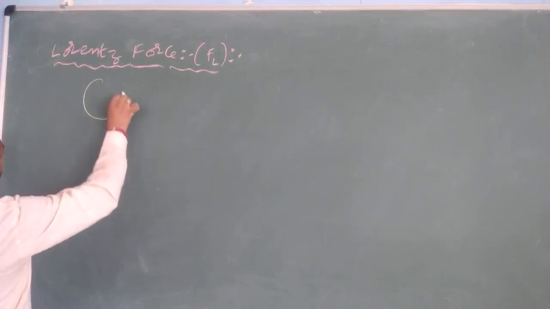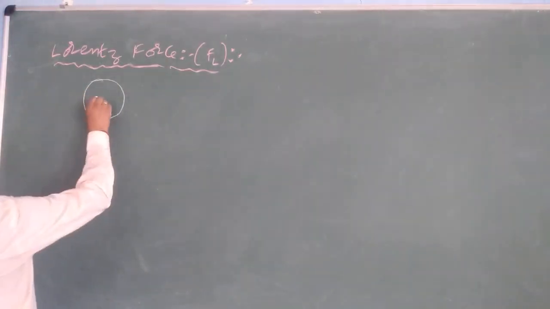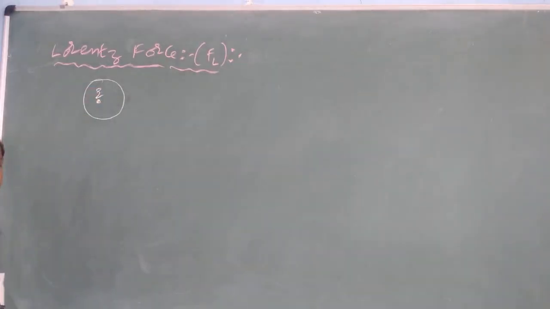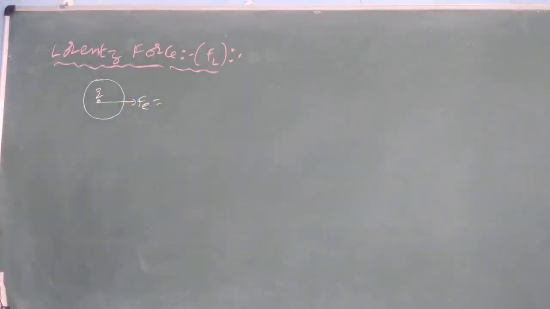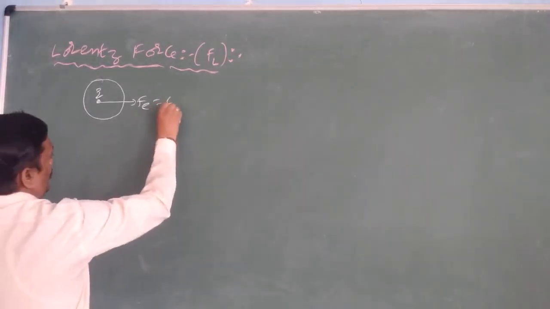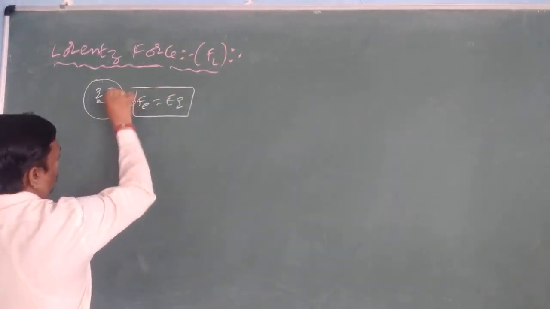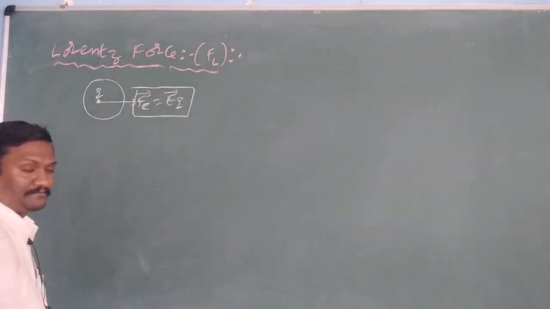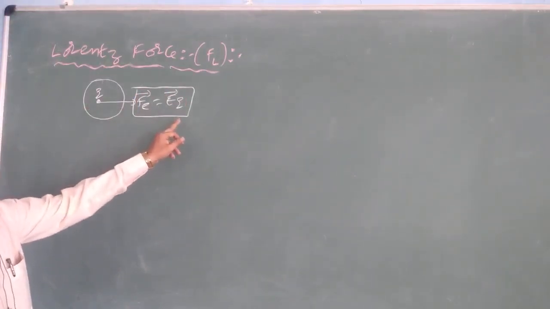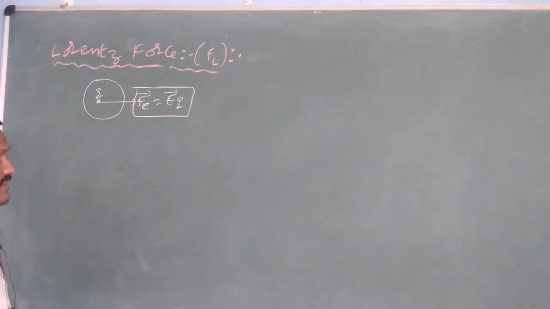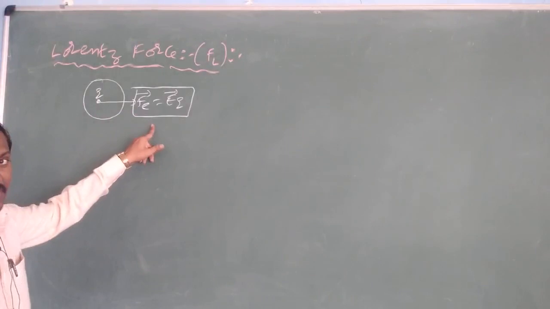For example, take an electrical field. Inside this electrical field, a charge Q is moving. On that moving charge, some electrical force is acting. The expression for electrical force is Fe equals EQ, or in vector form, this one. The force acting on positive charges lies in the direction of the field, and the force acting on negative charges lies in the opposite direction of the electric field. It is the expression for force acting on a moving charge inside an electric field only.